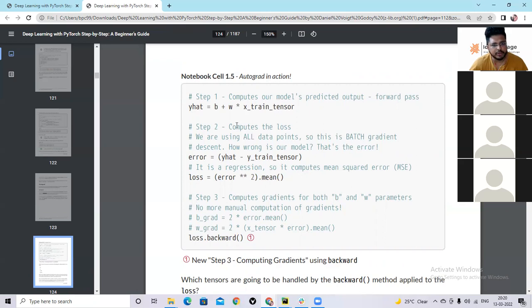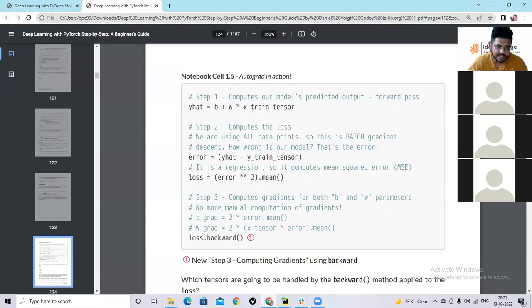So when it does dot backward, it will traverse that graph and find out which variables in that graph have the requires grad equal to true flag on. Whichever variable has it on, it will calculate the gradient for that particular variable.